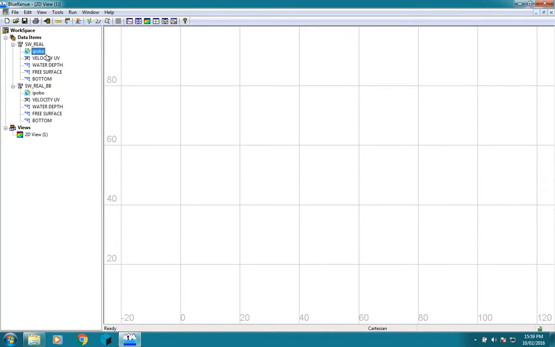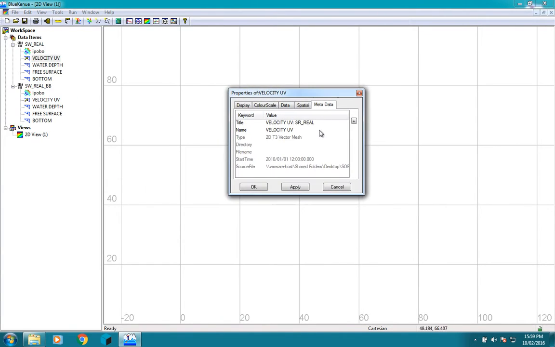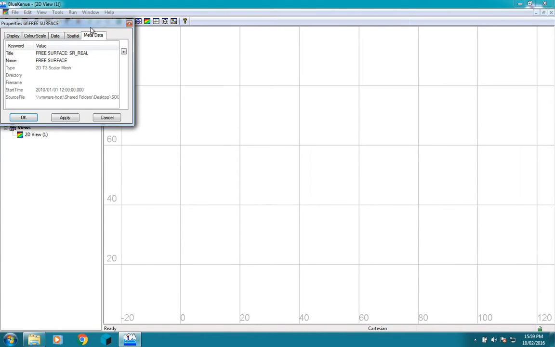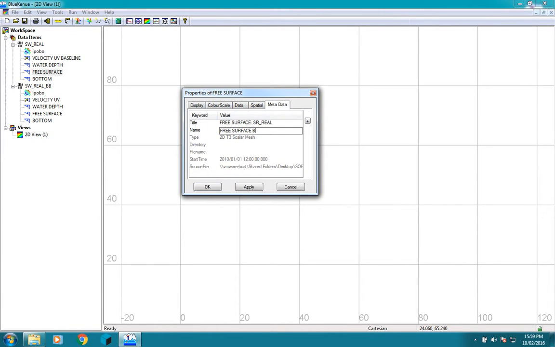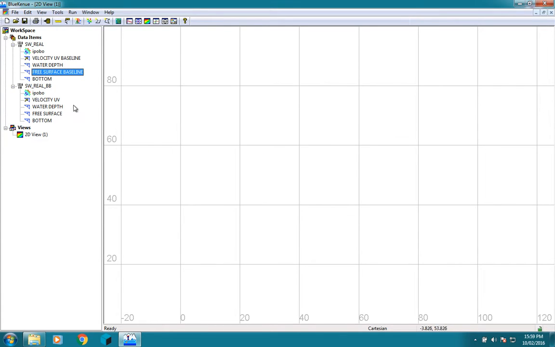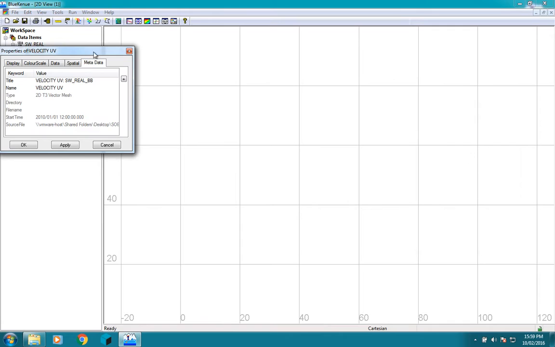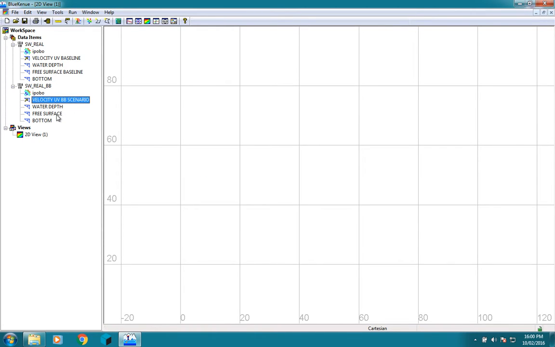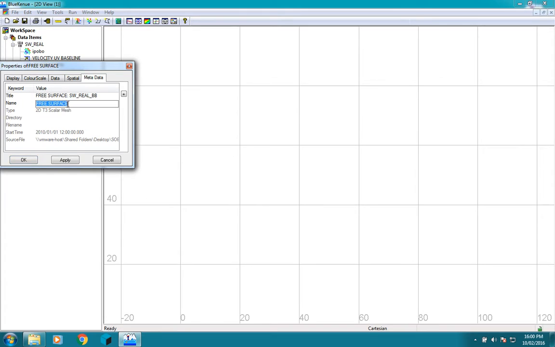But before we do that, just so I don't get confused, I'm going to change the names of these, because at the moment it's velocity UV. I'm going to call this one baseline, so I know this is the one. Let's do it for the free surface as well. So this is the one before the dredge, and this is the one after, sorry, not the dredge, Bramblebank. So let's call that BB scenario. Copy that, and free surface as well. I don't think I'll use the other